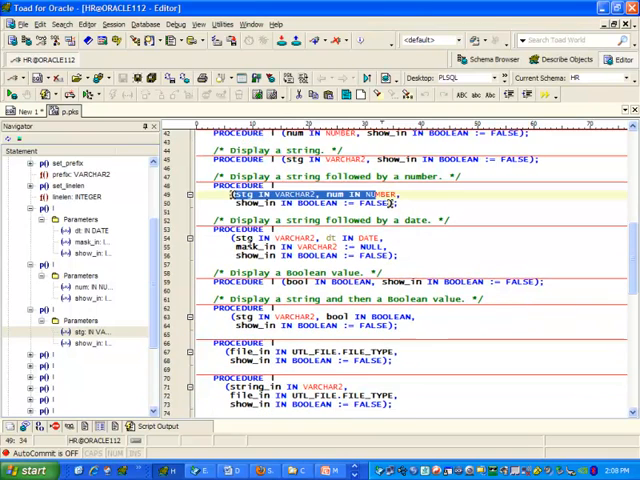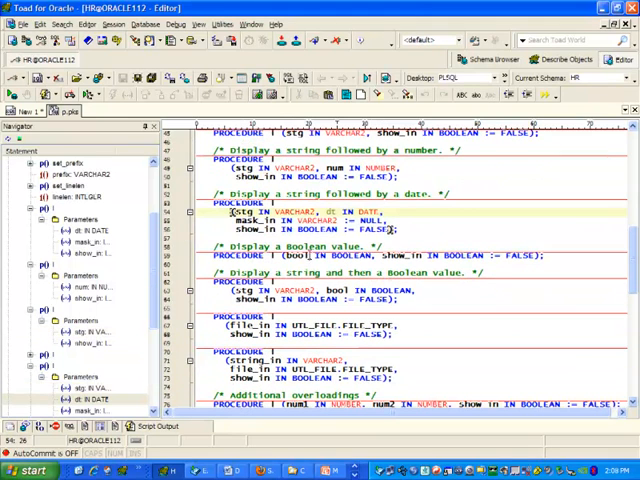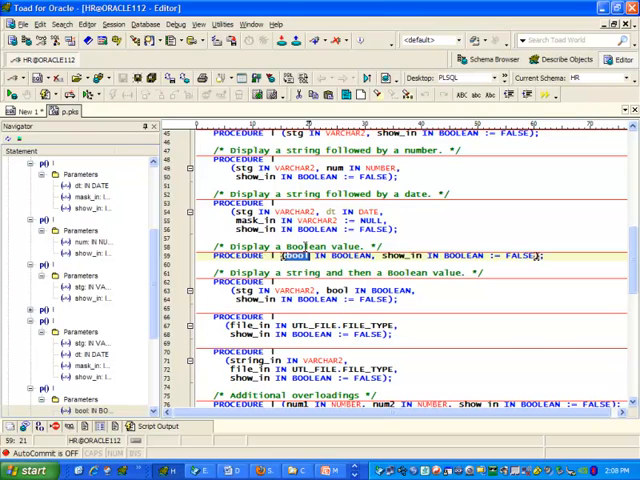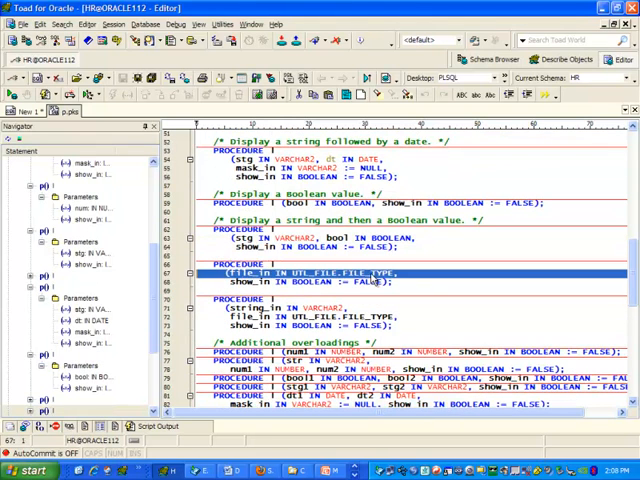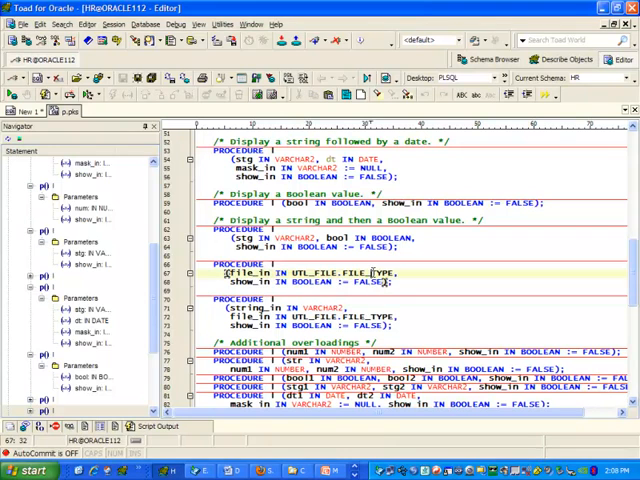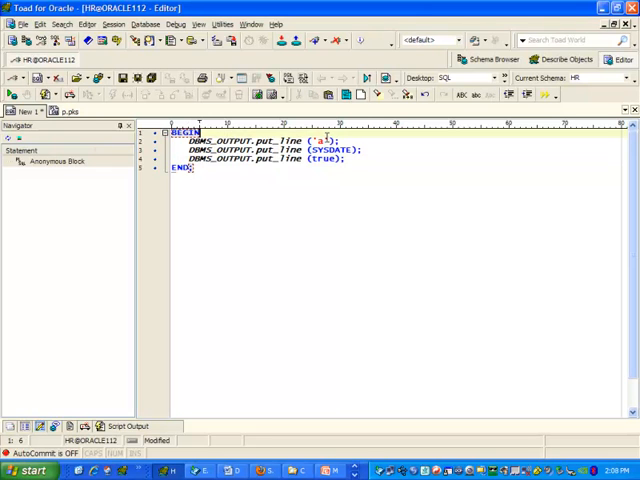I can pass a string and a date. I can pass a Boolean, and my p.l package knows what to do with it. I can pass a string and a Boolean. I can pass it the pointer to a file, and it will display the contents of my file. So what I've done here is actually anticipated the different kinds of things you would want to do when you're displaying. Instead of writing dbms output.putLine string concatenated to date,